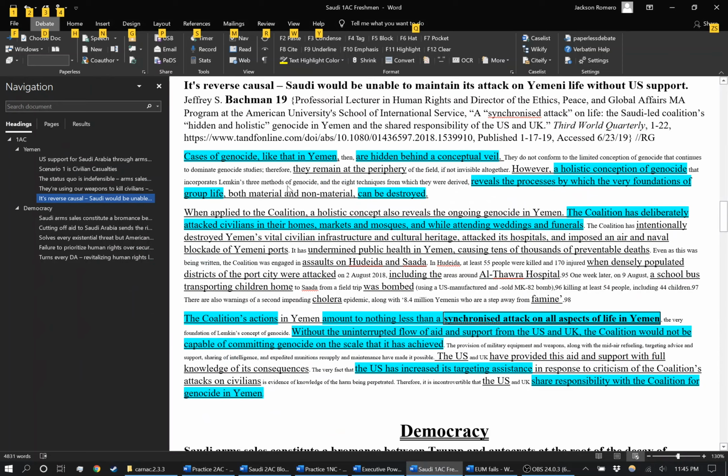We, as the affirmative, have read 8 minutes of offense in the 1AC. We don't need to read another card talking about this. However, in this Bachmann card, we,